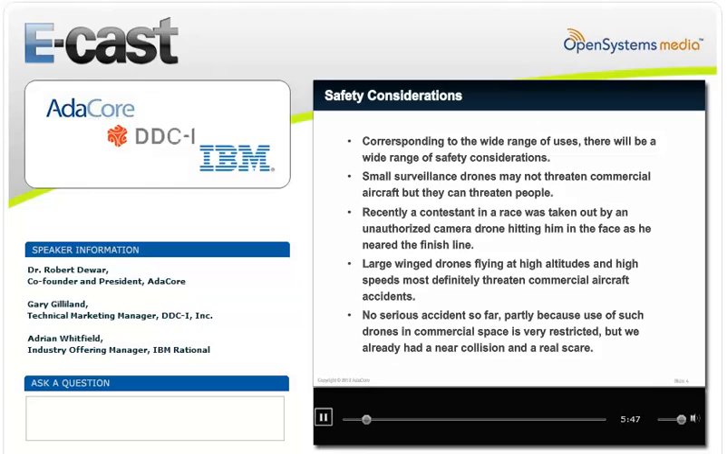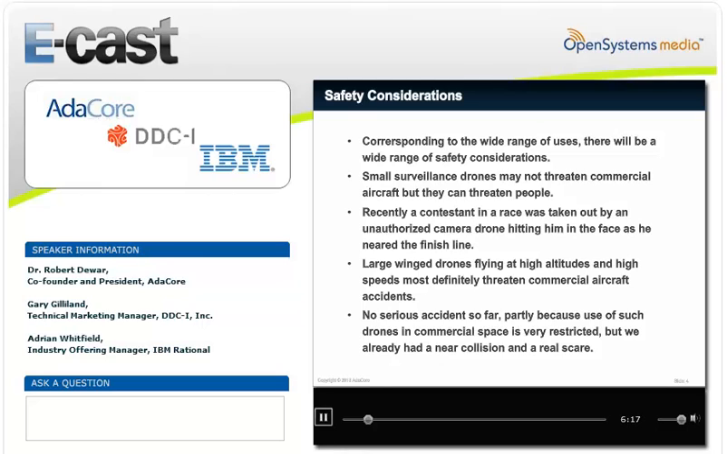And we haven't seen any serious accidents so far, partly because the use of such drones in commercial space is still very restricted. But we already had a near collision and a real scare. So again, this is something that's going to be much more of a concern as more of these devices are pushed into service. And I think you all are aware that a lot of people are pushing to have more access to airspace for